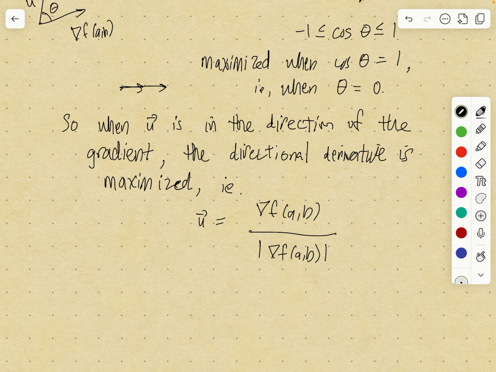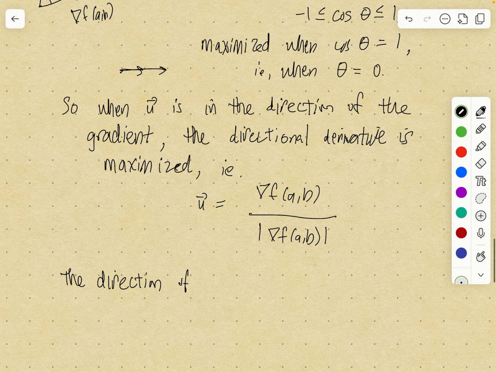So the direction at which your function decreases the fastest, the direction of steepest decrease